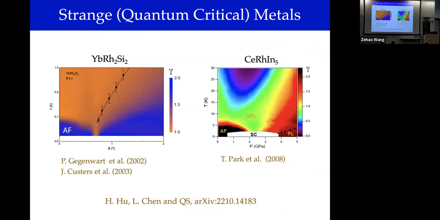If you ask what's the amount of entropy that's living in this orange part of strange metal, reaching T-linear resistivity and other things happening, it's almost like 50% of the unitarity limit, which is R log 2. So almost half of the spins are part of this quantum critical fluid. So in that sense, it's actually extending to extremely high temperature. You would think that a point in the zero temperature limit shouldn't have a very large region of influence, right? But in fact, it's reaching up in temperature over a very large region of